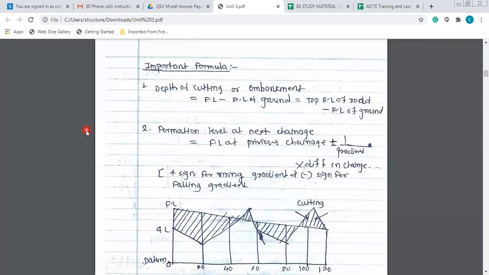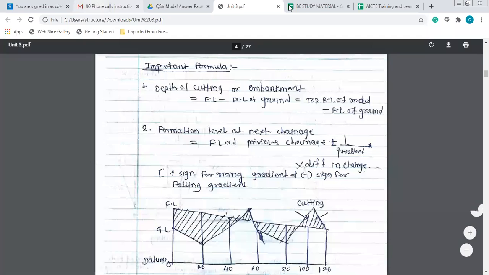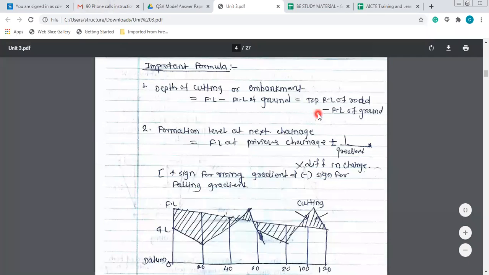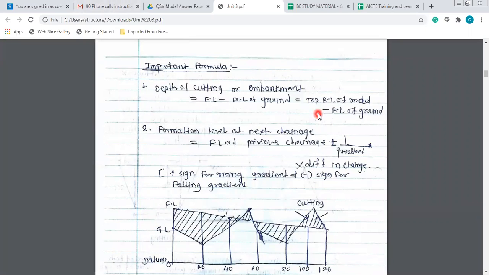At first we will discuss the mid-sectional area method. Now we will take the problems associated with it. Then the mean sectional area method, and then we will discuss the problems of that. So according to the methods, we will discuss the problems. Please note down the things which I told you. You have 4 minutes, it's 2:11 up to 2:15. Still, if you have any doubt, you can unmute yourself or put it in the chat box. If some part is not clear, you can ask me 100 times, but don't keep that doubt with you.